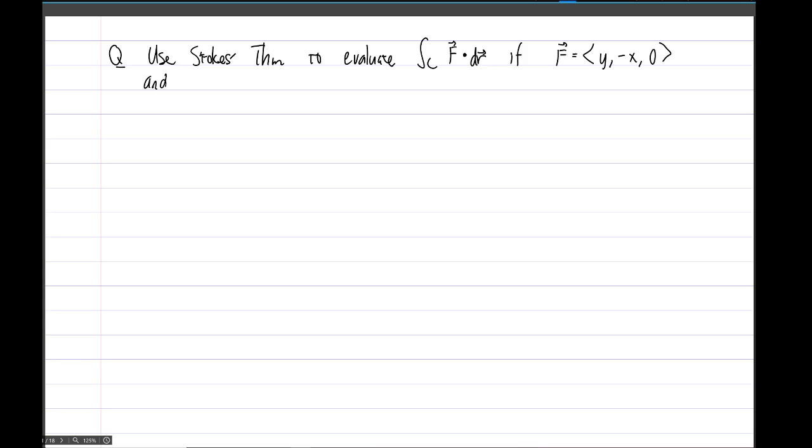Now let's do the following example to build up more experience. So let's use Stokes' theorem to evaluate the line integral of the vector field F over the curve C, F dot dr, if the vector field F is angle bracket y, negative x, 0 and C is the boundary